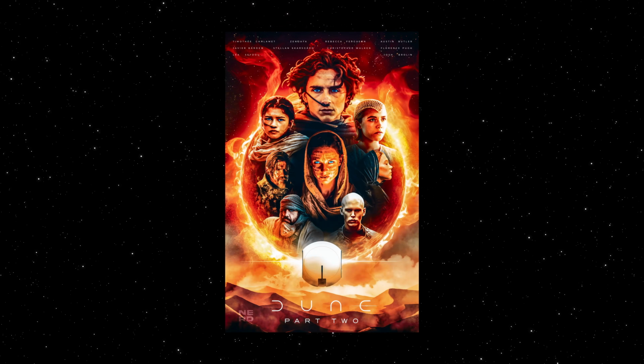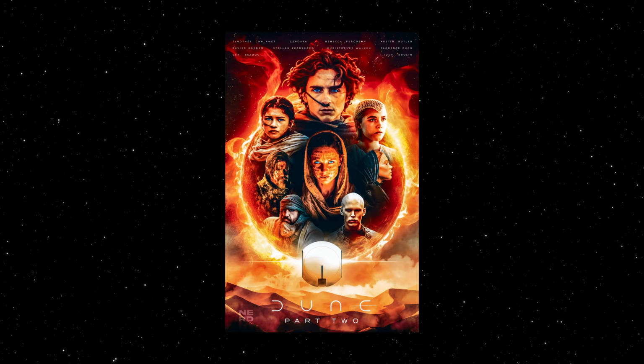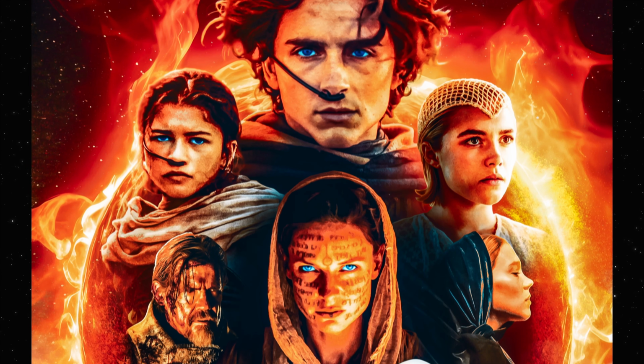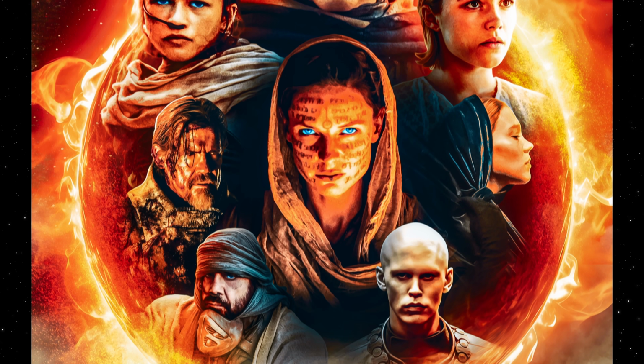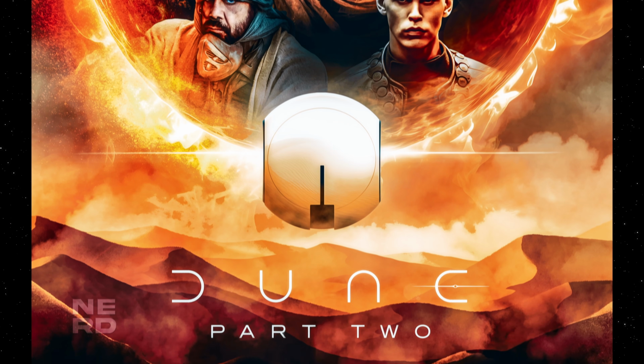And that is my poster for Dune Part 2. God damn, am I happy with this one. Holy shit, I'm so happy with how this poster turned out. I mean, honestly, yes, I think it's better than the second one if we're comparing the two, but like I said, the first one has better photos and a stronger composition, but this one has such an intense color to it that you can't look away.